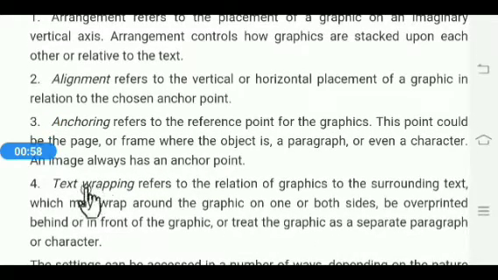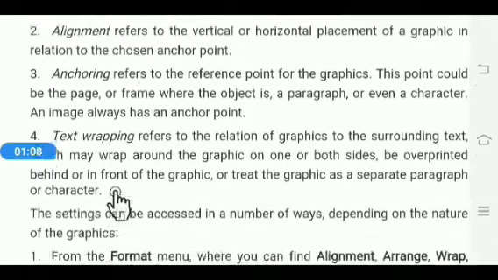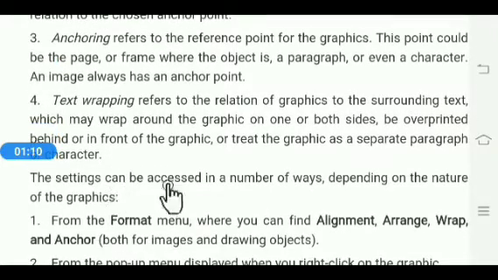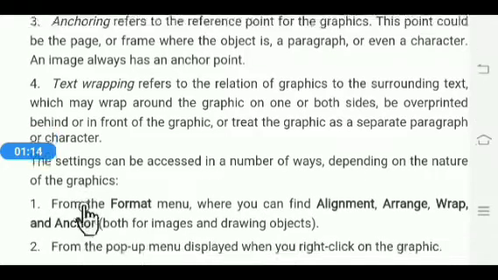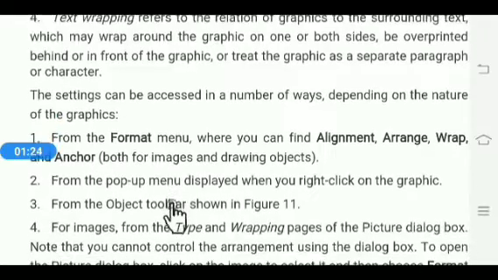The next is text wrapping. Text wrapping allows you to place text behind an image, in front of an image, or around an image. The settings can be accessed in a number of ways depending on the nature of the graphic. First is from the Format menu, where you can find alignment, arrange, wrap, and anchor options.